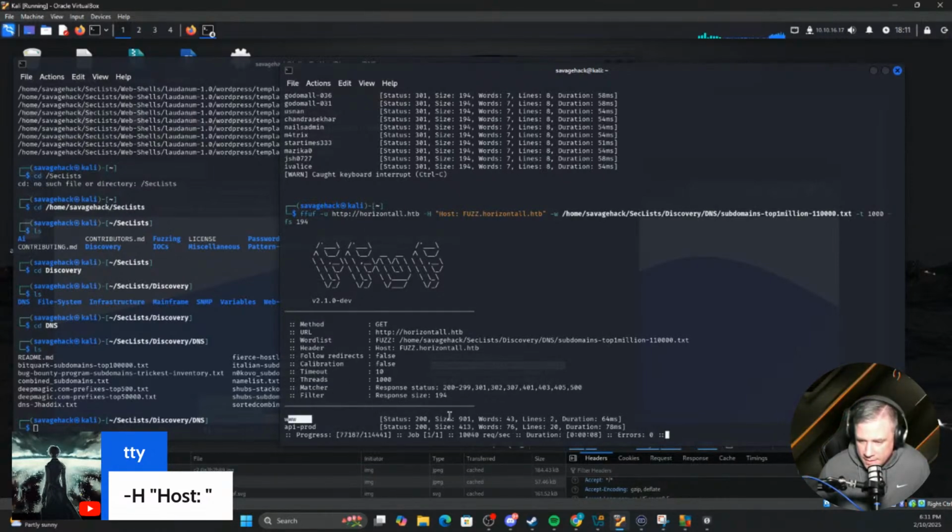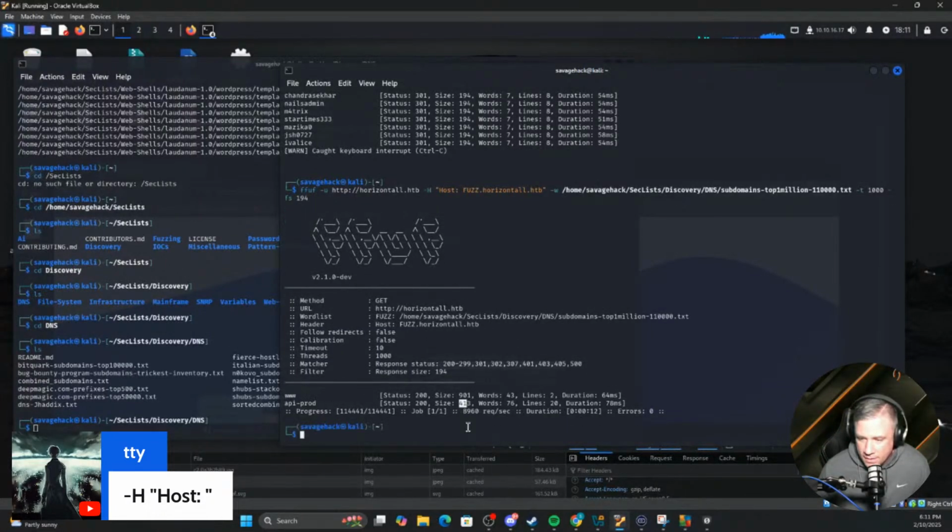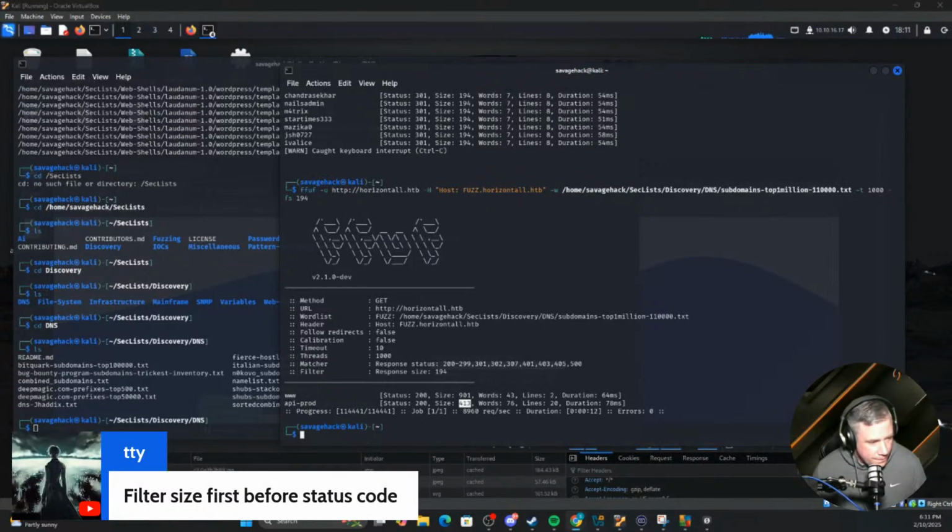So now we're getting hits. We got www, obviously, and you see how the size is different, right? So it looks like we got an API prod as well, and the size is different there. Let's see, filter size first before status code. Yep, good point. And that's something that I remembered